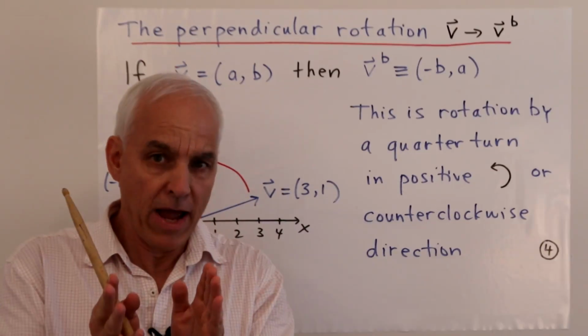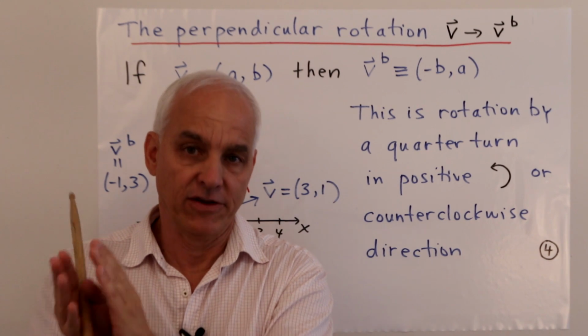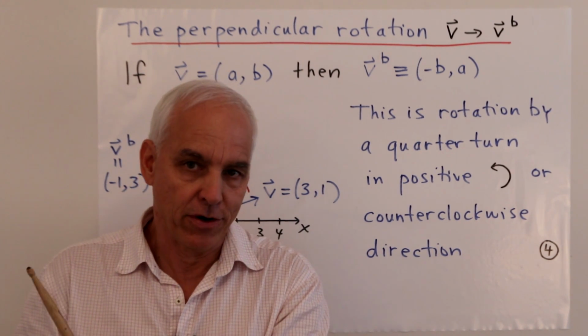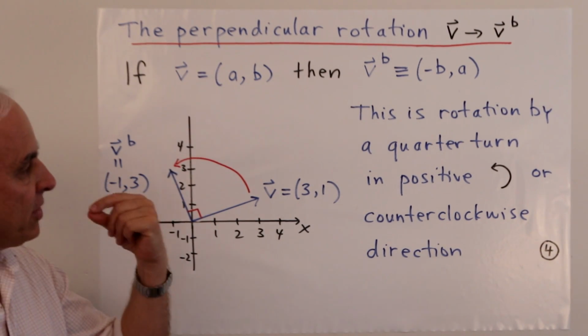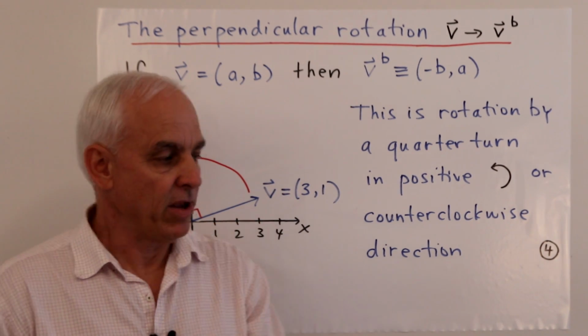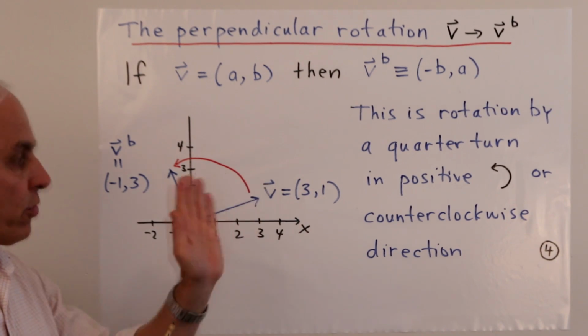Now I want to show you how the determinant function is intimately connected with quadrance and spread, our two fundamental measurements in planar geometry. And to do that, I want to introduce the idea of a certain type of rotation in the plane, which is very important for Euclidean geometry. It's really a quarter turn.